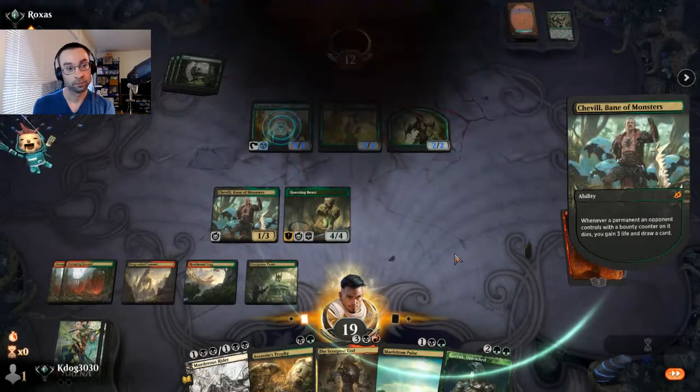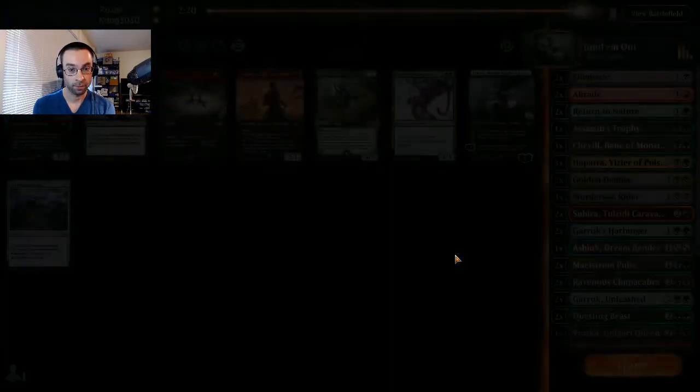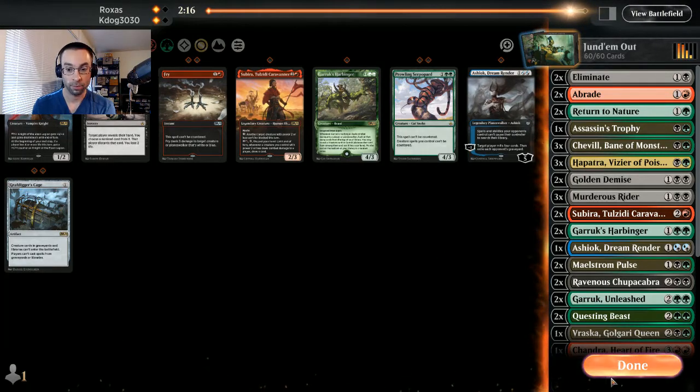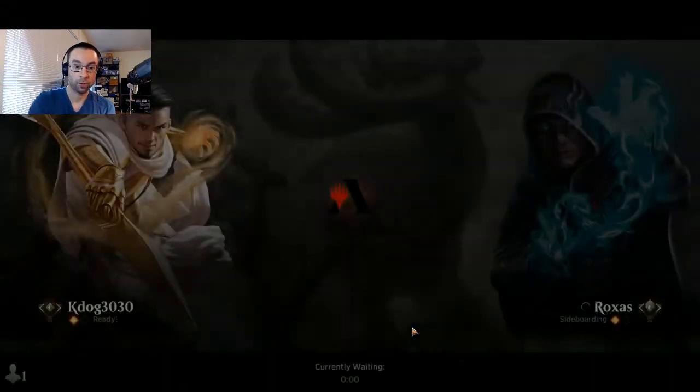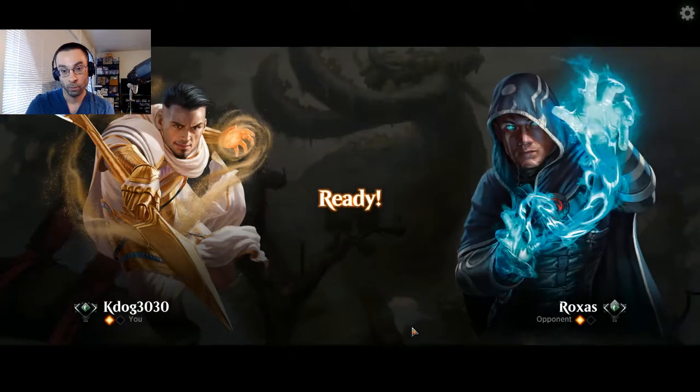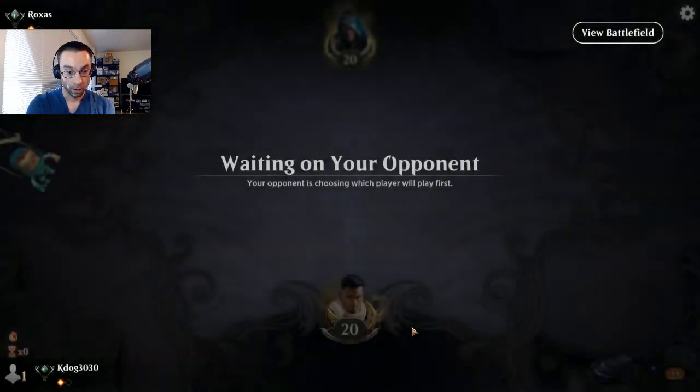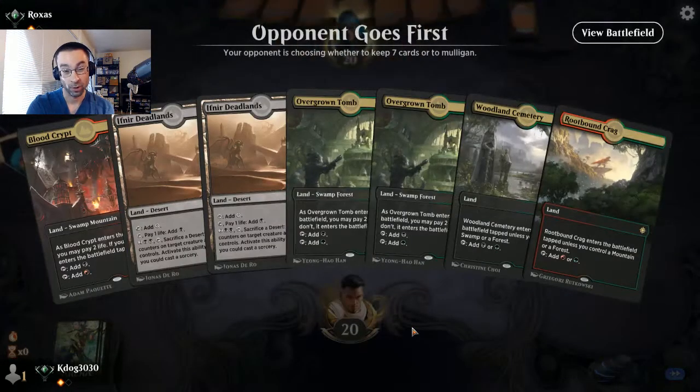Whew. Our opponent was only able to play a few creatures, not a bunch like the previous game, and so we were able to just hold on. Felt like that was a little bit premature, but I guess they were just a little frustrated. Obviously, we were gaining life and drawing cards thanks to Chevill, but we weren't really pushing the life total too much. I mean, Questing Beast was kind of...